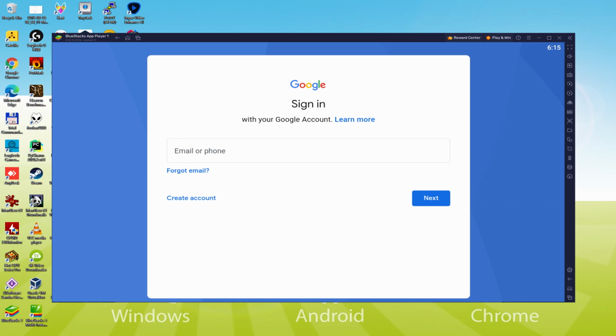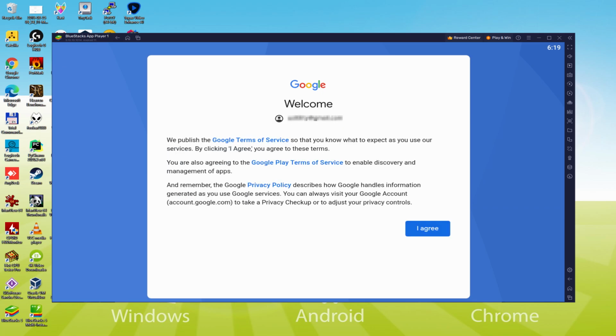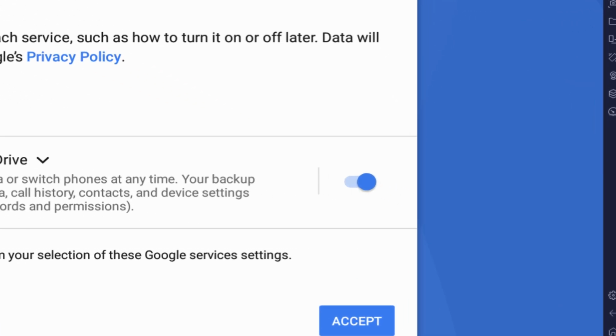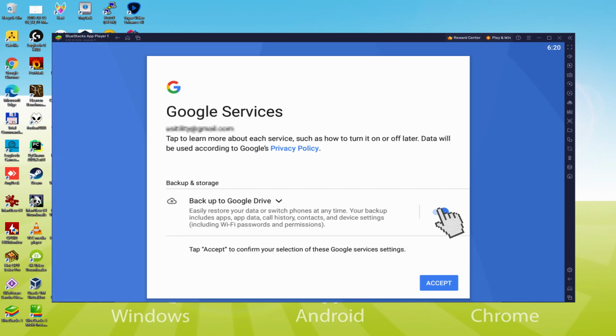So I am going to insert my details and I will revisit after I have accomplished it. Voila! Info entered. Below is Google welcoming us and supplying us their terms. We are going to approve all of them by clicking I agree. Following that, it allows us to save to the Google Cloud. You can leave it selected and this will generate a backup of the files on that device to Google Drive.